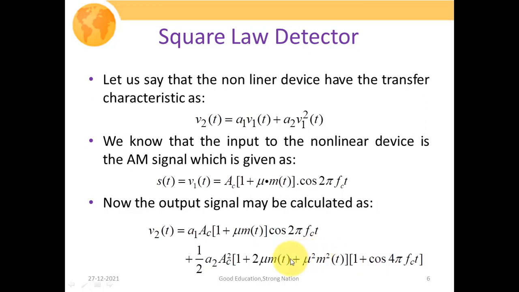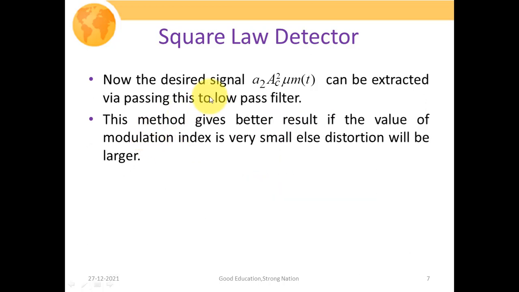So here we have simply put this value of s(t) in this particular equation, and we have collected various components of your signal. Now the desired frequency signal, or you could say your message signal, is analogous to A2 times AC square mu m(t). This is nothing but your message part, and these are some multiplying constants. So if we are in a state to evaluate this term, then we can extract the message signal, and this is done by passing the signal that we obtained in our last slide through a low pass filter.